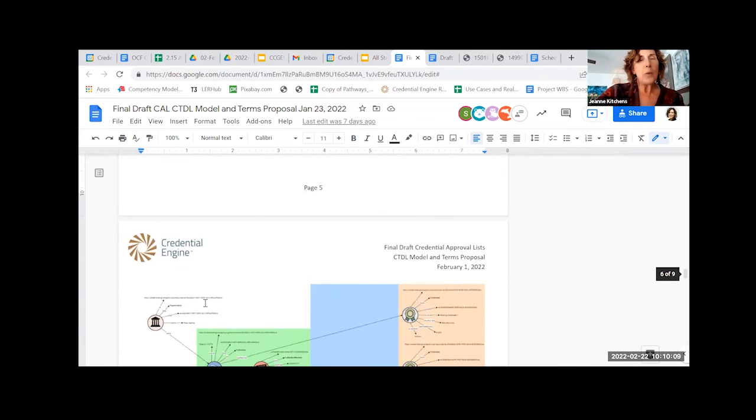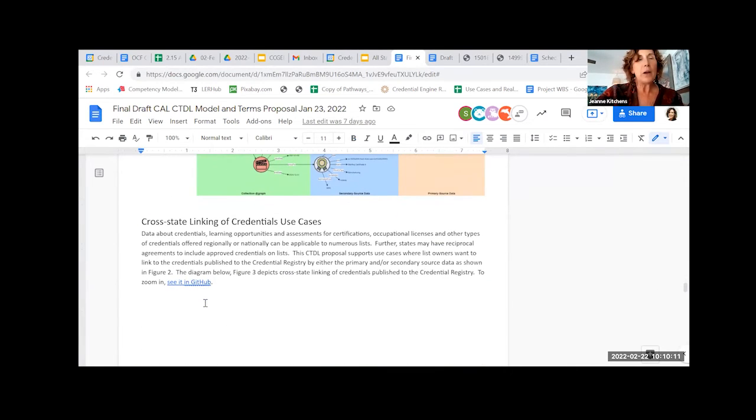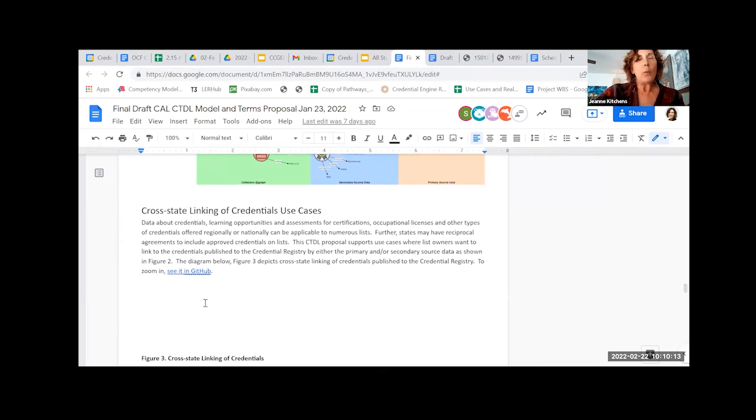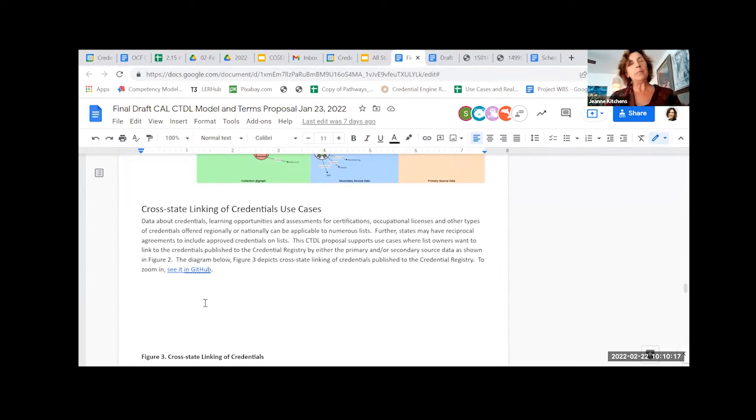So that's the terms proposal. And one of the things that we do, before I get down there and talk about some data examples, is the cross-state linking or cross-border linking of credential use cases is really important. It was really important to the task group that worked on this.